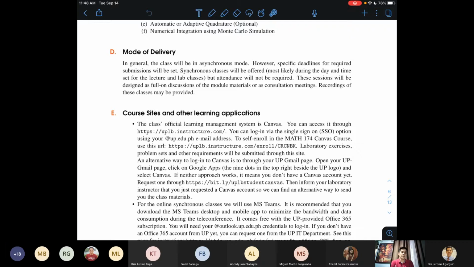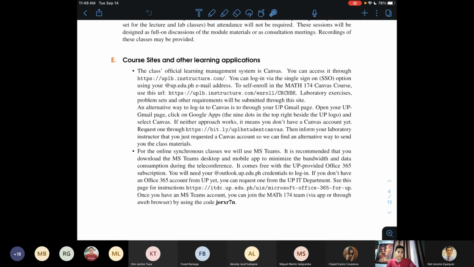Kasi I still find it hard to just read things and expect that I will learn everything based on the readings. So I still want to do the discussion. So yun nga. So if you can, we can meet to discuss the topics for a particular week, which could be a substitute for you reading the modules. So pwedeng yun yung maging substitute. But again, if you really cannot join the sessions or cannot watch the videos, you can read the modules instead. So parang we'll try to make this as equitable as possible.